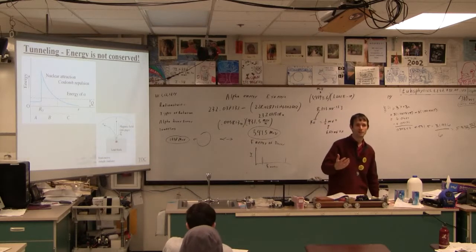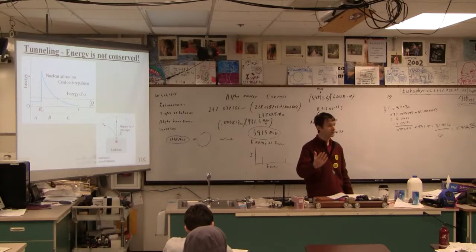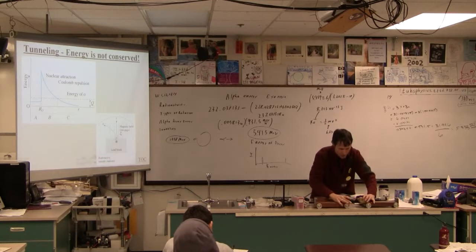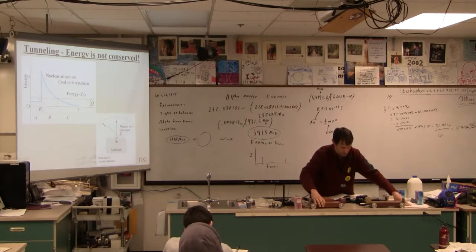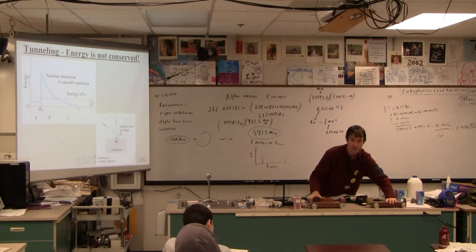Let's consider the opposite of an alpha decay. For every alpha decay, by the way, there's something called alpha capture that you can make happen, right? To make alpha capture happen, you have to overcome the Coulombic repulsion of the nucleus. So this is my speeding alpha particle. Here's my nucleus, right? And at low energies, this alpha particle is just simply repelled by the nucleus. Watch this. Because the alpha particle is positively charged and the nucleus is positively charged, yes? This is like one of those closest approach problems, right?